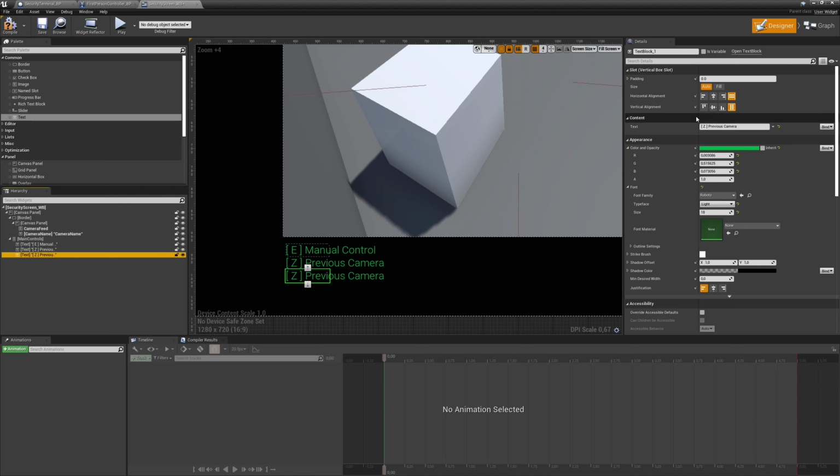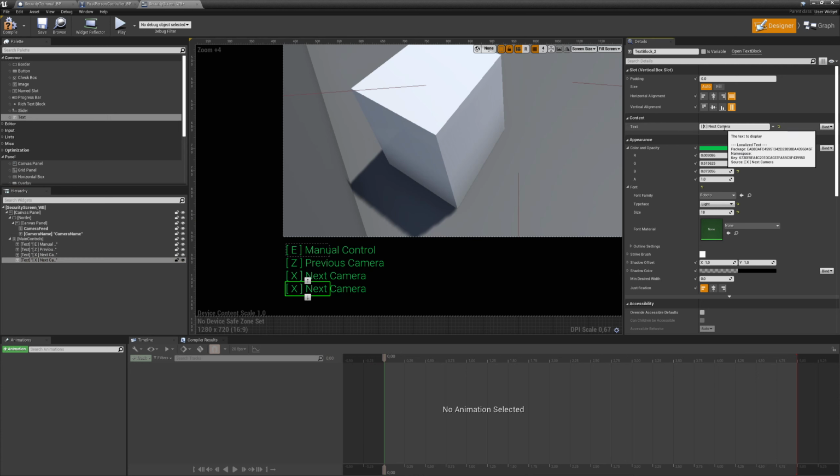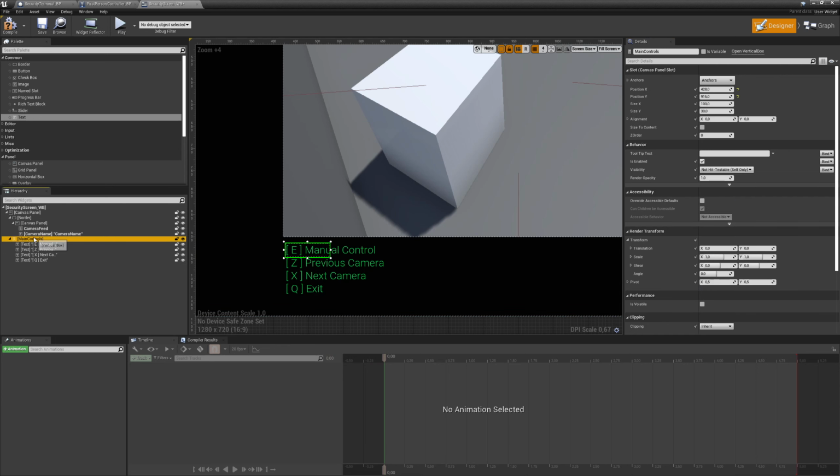Duplicate it, and this is going to be our next camera, and that's the X key. And then I'm going to duplicate it one more time, and that's going to be quit. So I'm going to use Q to exit. So that should work. Now let me get the main controls over here selected, and I'm going to make this